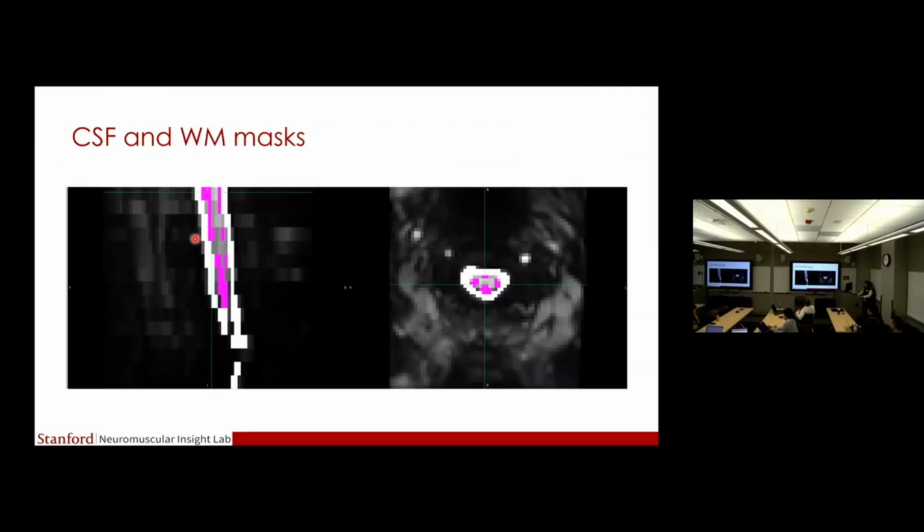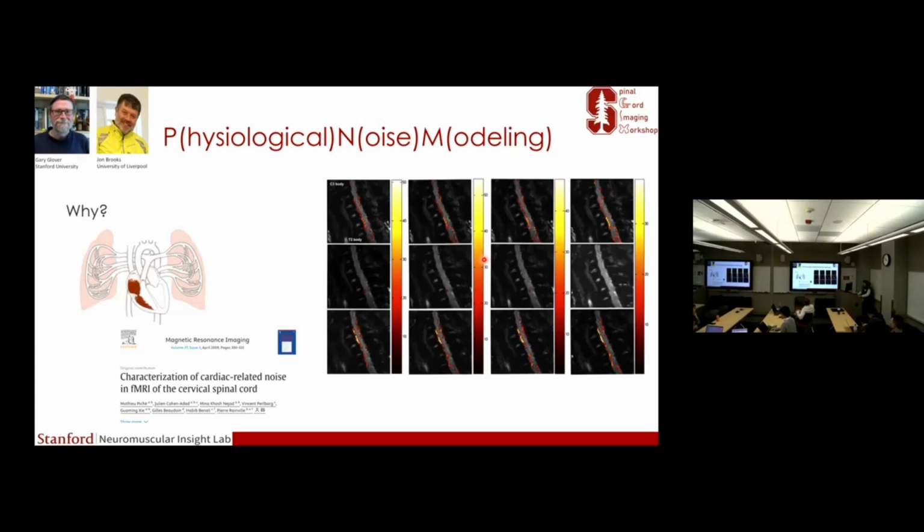It's not a video. I just put one image. So basically you can see the CSF and white matter masks in the native space. So the white would be my CSF mask, and the pink is my white matter mask, and then I would get the signal from this and then use it for further denoising, which we will go into a little bit